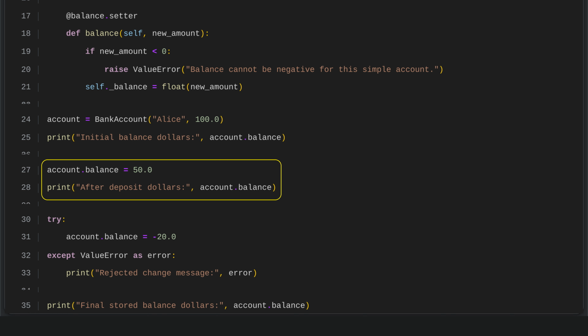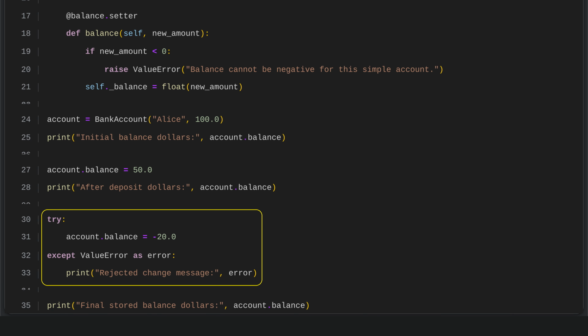of the account data. When we try to set the account balance to -20, the balance setter runs and checks whether the new value is below 0. Because it is negative, the setter raises a value error with a message saying the balance cannot be negative. Control then moves to the except block, which catches this value error. The program prints the error message, showing that the attempted update was rejected due to the rule that the balance